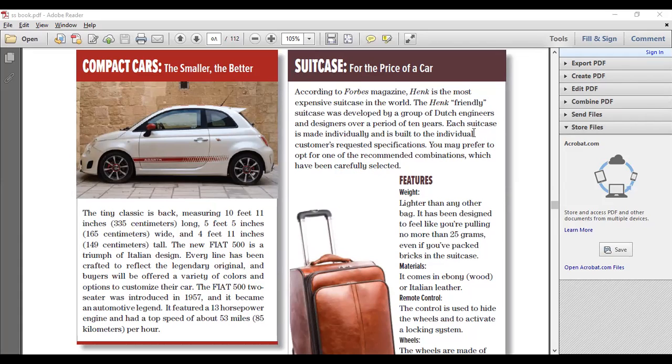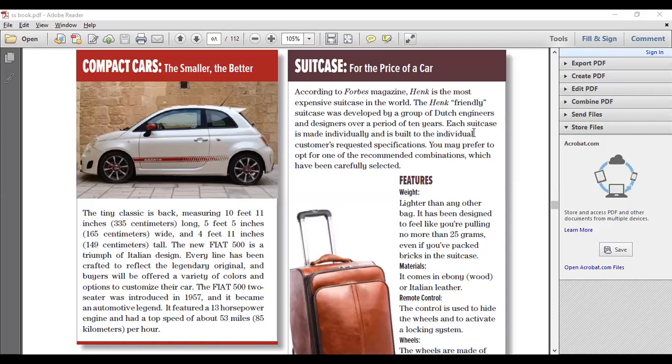You may prefer to opt for one of the recommended combinations, which have been carefully selected. Features: weight, lighter than any other bag. It has been designed to feel like you're pulling no more than 25 grams, even if you've packed bricks in the suitcase.